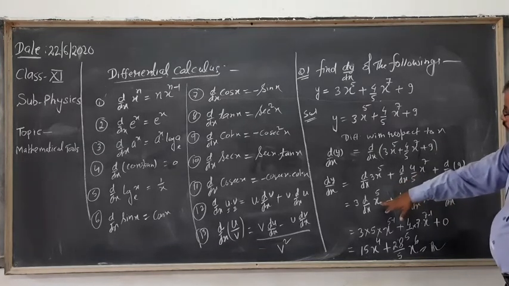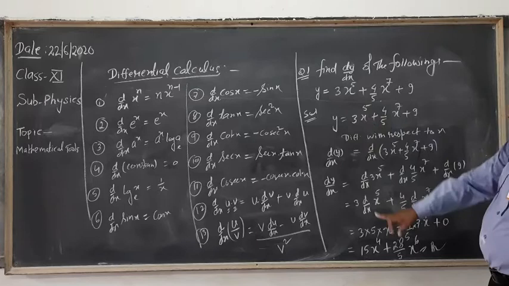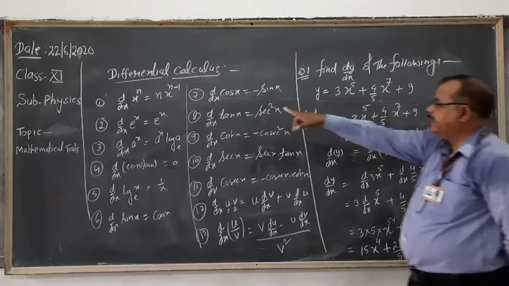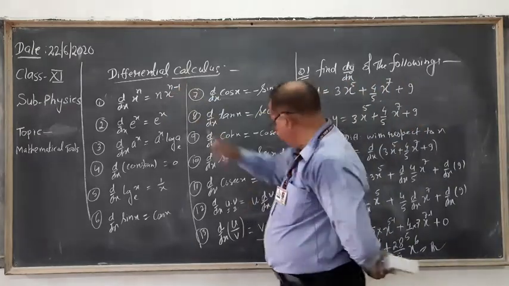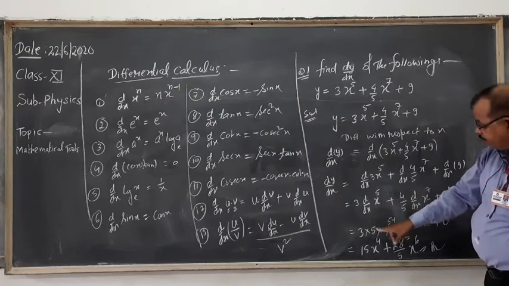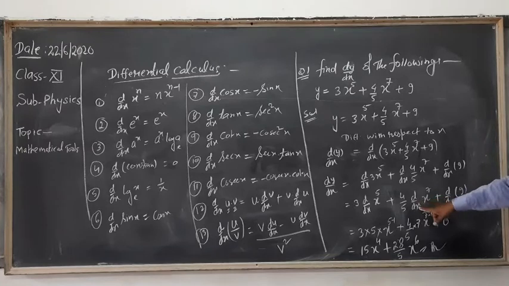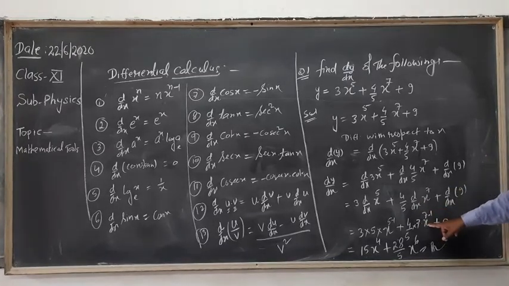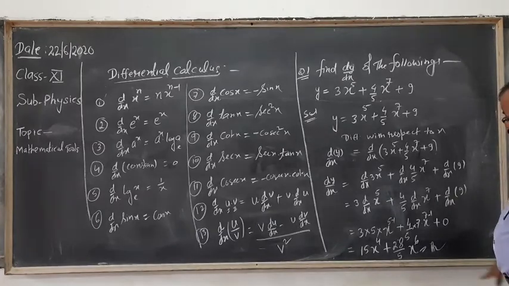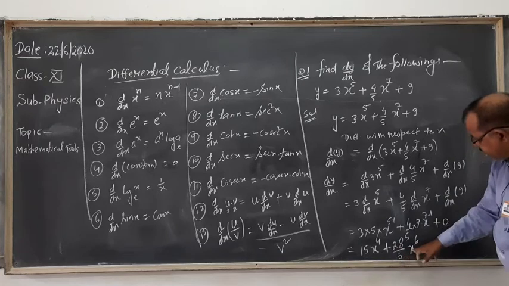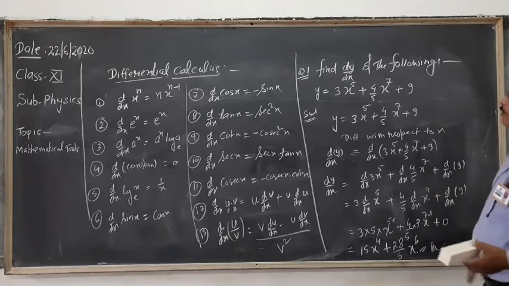Here we can use the first formula, x to the power n, the value of n is 5. So, d by dx of x to the power n is n x to the power n minus 1. So, we can write this as 5x to the power 5 minus 1. Similarly, in this term x to the power 7, 7x to the power 7 minus 1, and this is 0 because the derivative of a constant is 0. So, on solving we will get the answer 15x to the power 4 plus 28 upon 5 x to the power 6. Okay. This is the first question.